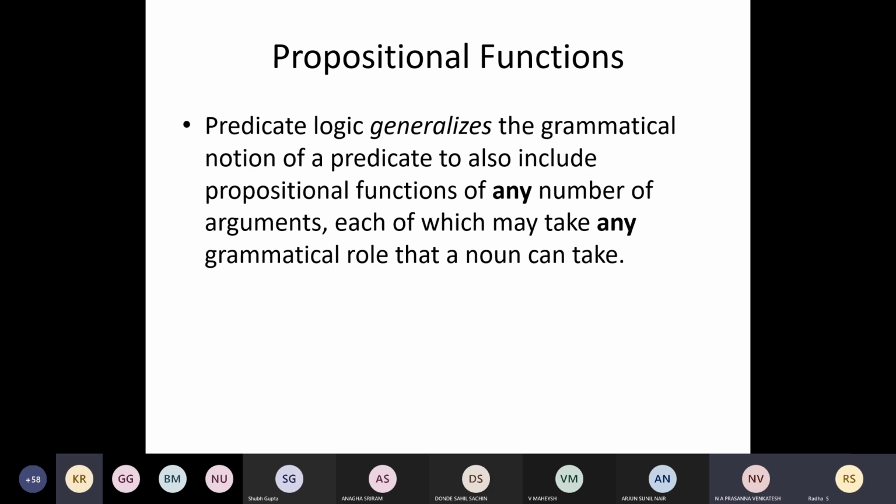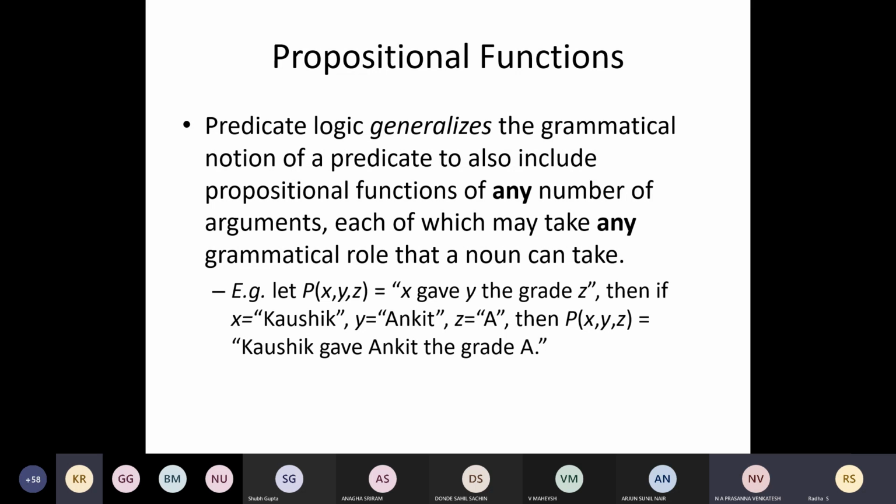All these things, leave it. You can read later. See here one example. Even you can have a sentence something like this: P of x comma y comma z. X gave y the grade z. What I can do is